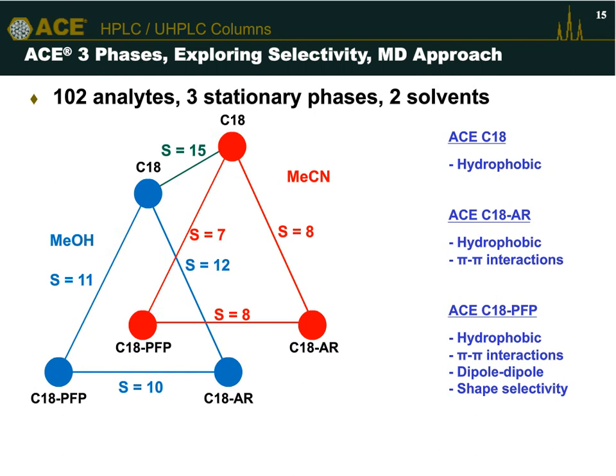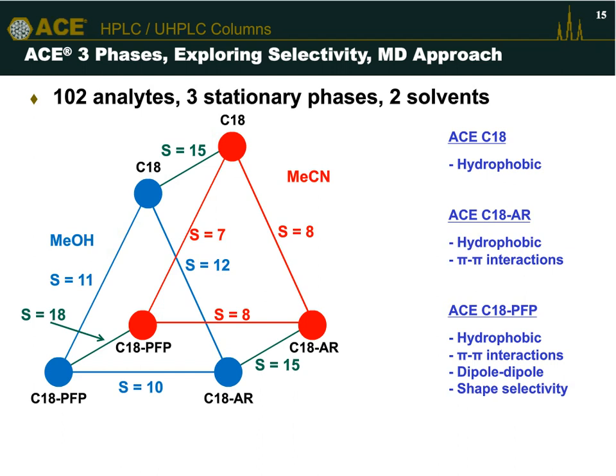So here we're using a single stationary phase, which is C18, and we're plotting the changes in selectivity from a C18 in acetonitrile to a C18 in methanol. And we can see we get a selectivity value of 15. Now, acetonitrile is an aprotic solvent and methanol is a protic solvent, so they're affecting the selectivity, the elution order of the analytes in these particular mixtures. And we can calculate the data between the two different solvent planes, and we can see the values 15, 15